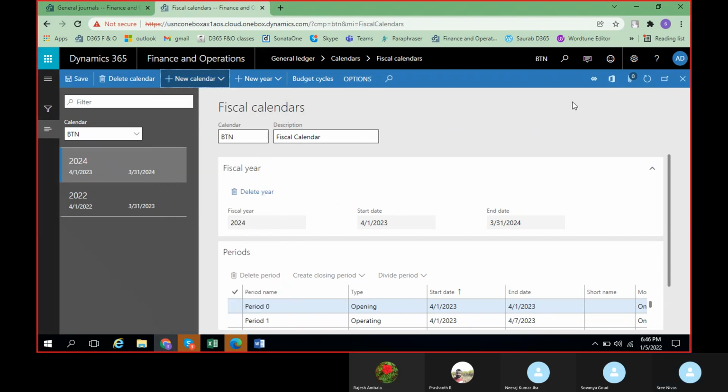Then you will take the screenshots and the step-by-step procedure, and then you will guide the users. Recently I got an error where the client was unable to post transactions for the next year, I mean the last year. They had not configured the calendar for 2022. So we configured it for 2022, and then the user was able to post the transactions.